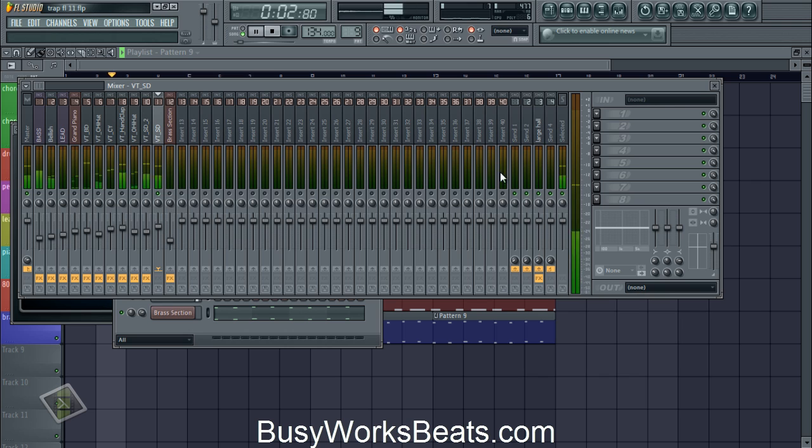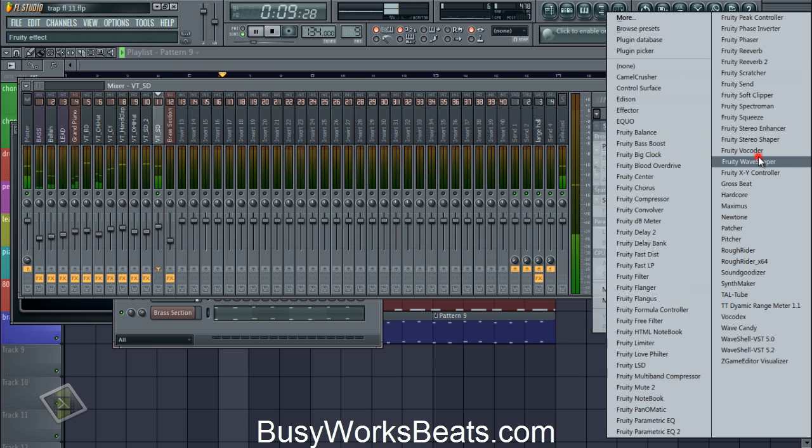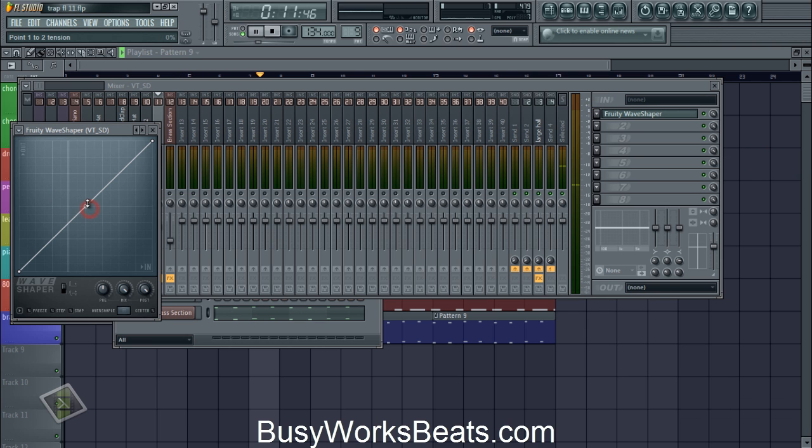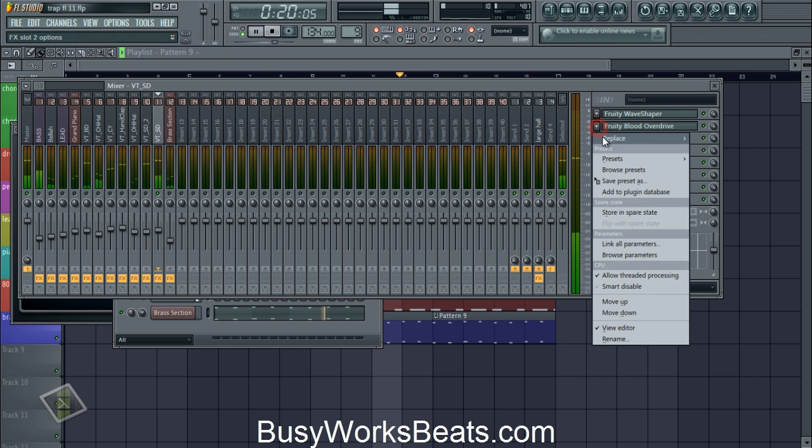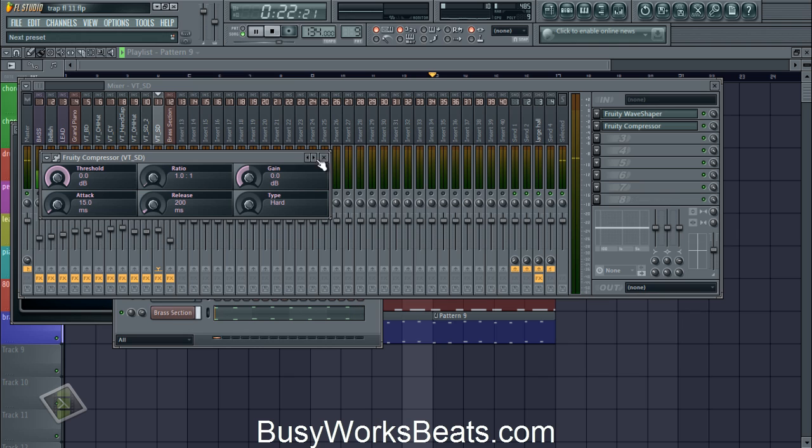Here's the other snare, the bouncier one. I'm going to compress this after I run it through Fruity Wave Shaper. So increase the thing again. Now we're going to compress it. Fruity compressor. Threshold about -20.